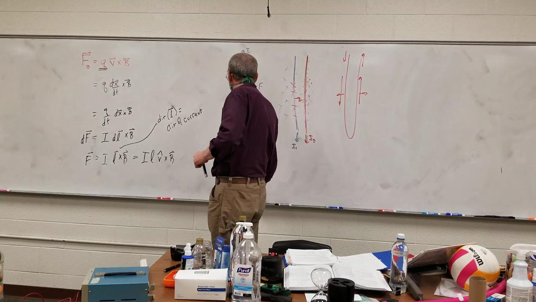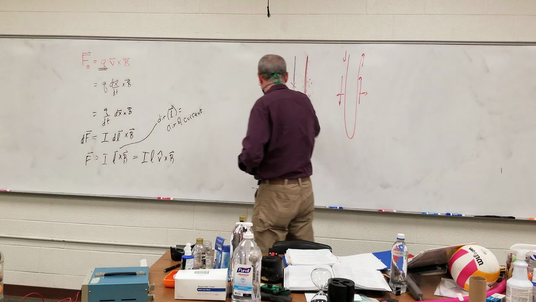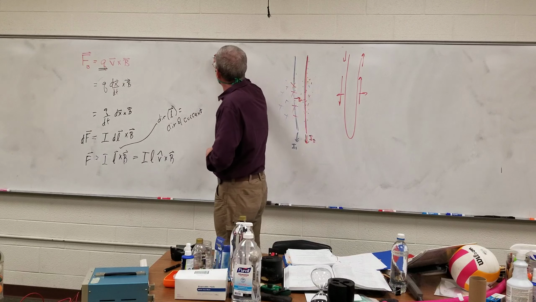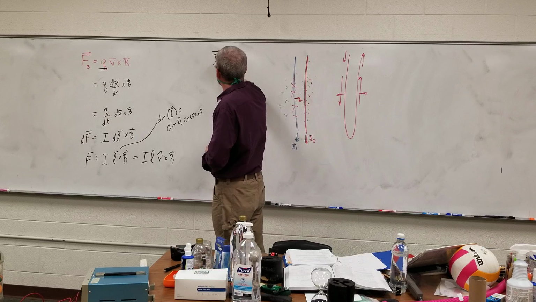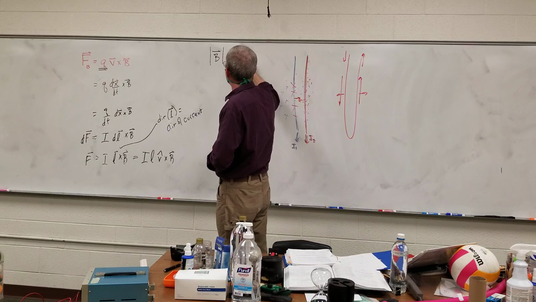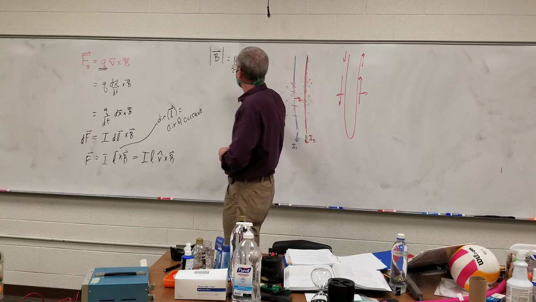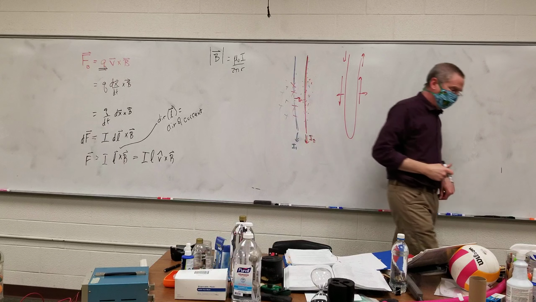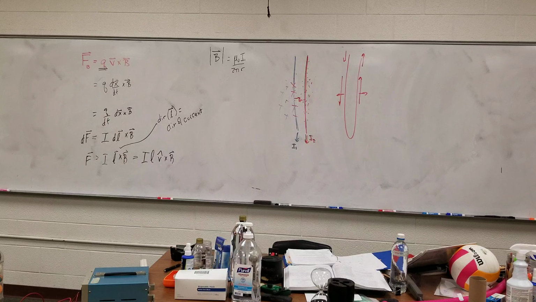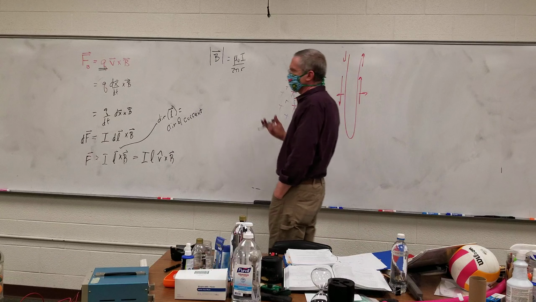So I'm going to combine those two. Sort of recapping that bit, the magnetic field that is coming from a wire was mu naught I over 2 pi r. We derived it from V sub r, but it can also be derived from Ampere's law. As a matter of fact, we use this to pseudo